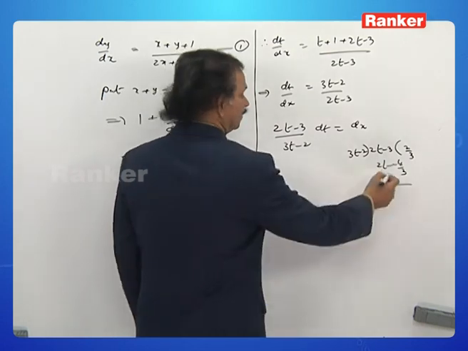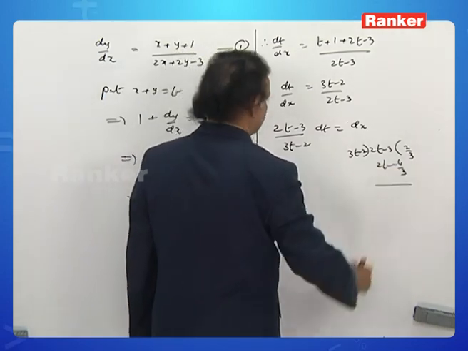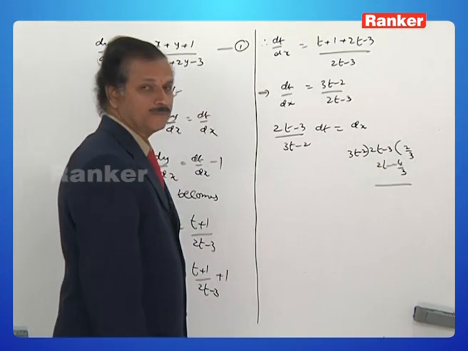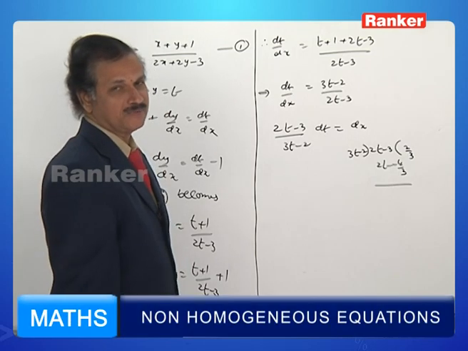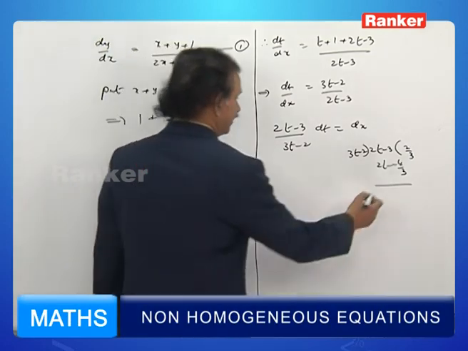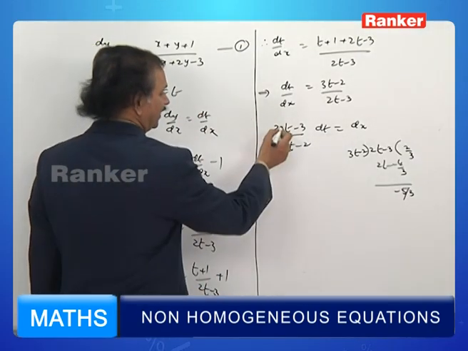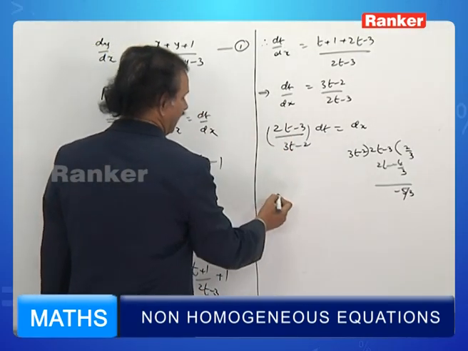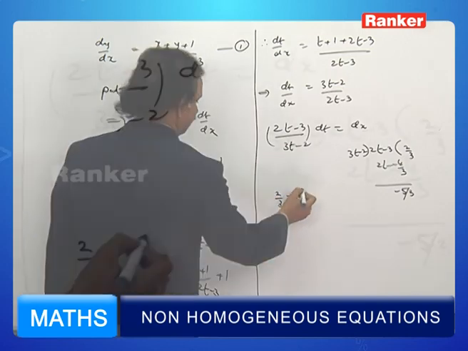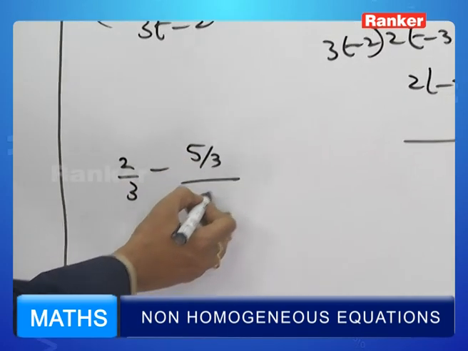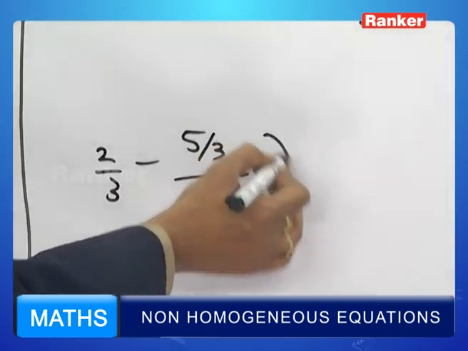Subtract them. What happens? 4 by 3 minus 3 is 4 minus 9 by 3. That is minus 5 by 3. Isn't it? Therefore, you can have this expression as 2 by 3 minus 5 by 3 by 2t minus 3